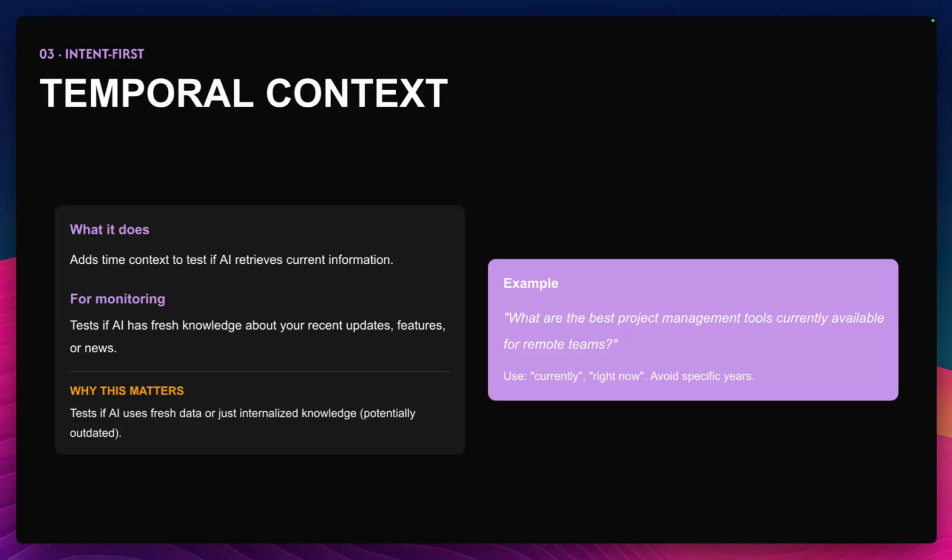Yeah, but also, especially as we have just started a new year, you want to avoid specific years, because if your prompt set would say 2025, then you would need to update it, and then you don't have the history of all your prompts from last year. That's why you want to avoid specific years.